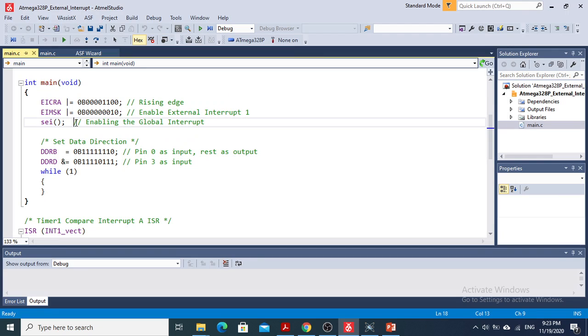So in this particular IDE, we have to use this SEI command to enable global interrupts. So now we have enabled global interrupt, we have enabled the particular external interrupt, and we have set it to the rising edge. Now the interrupt is ready. Now we have to